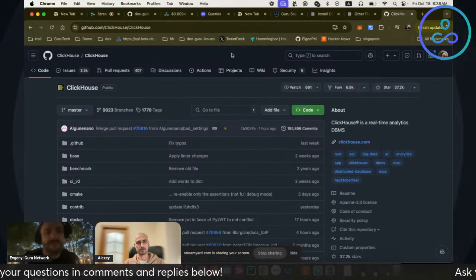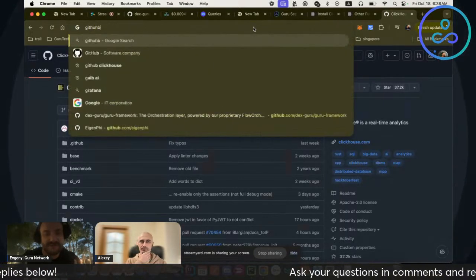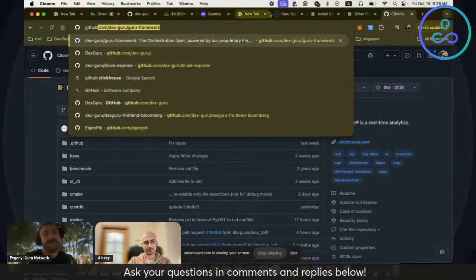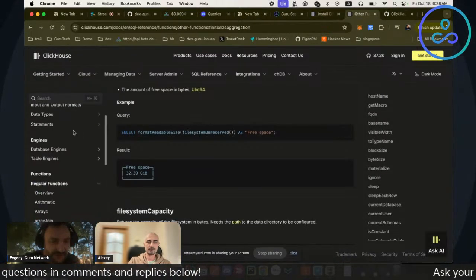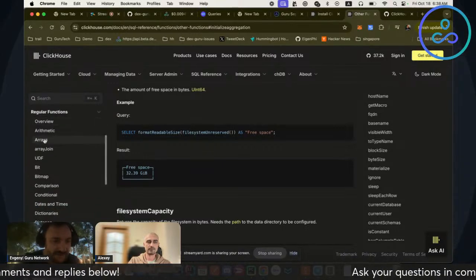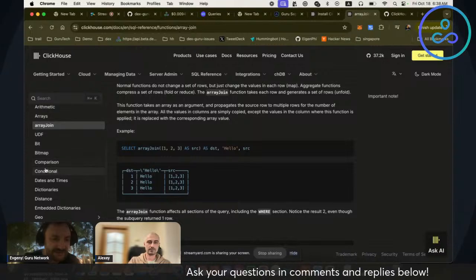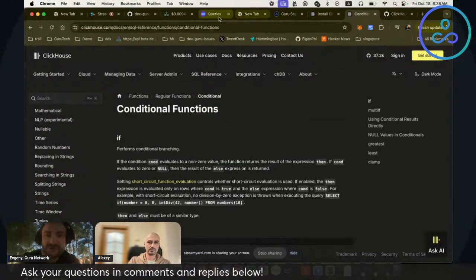Oh, we have a fork of ClickHouse where there's a PR for the Web3 connector. I remember this now. Yeah, quite funny. We integrated ClickHouse all the way mainly because of those aggregations, right? We have all the types and everything in here, and you have compression, and you can actually